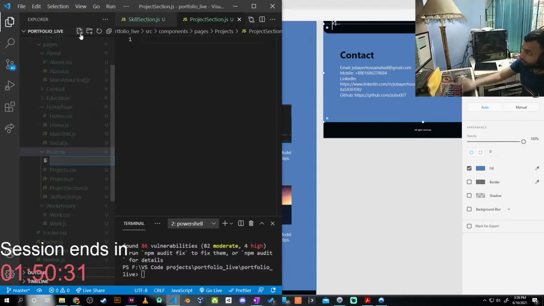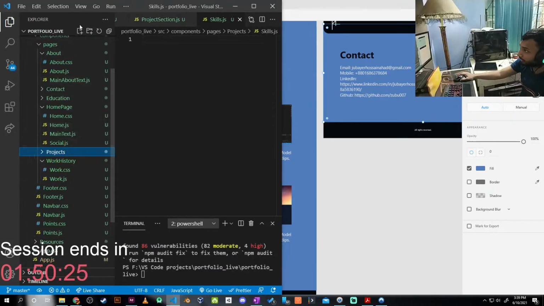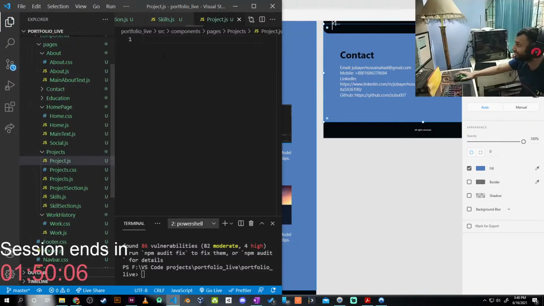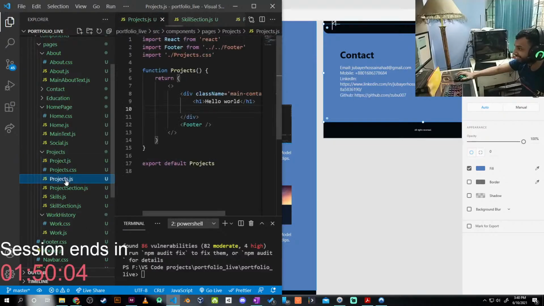We need two more functions, which should be the actual skills.js, and another would be projects.js, which will have the project.js. Okay, this will be confusing. Anyways,